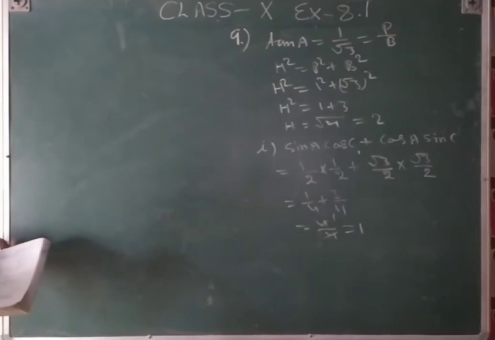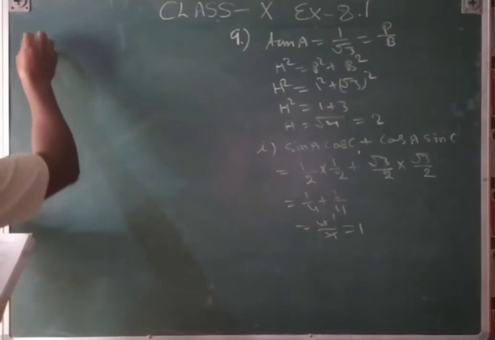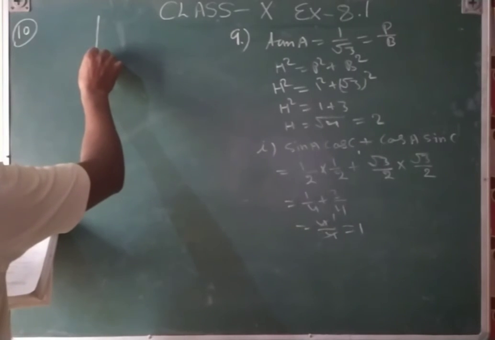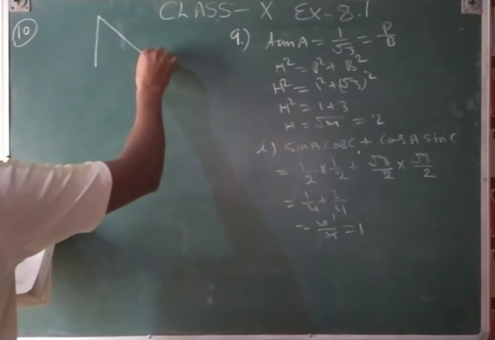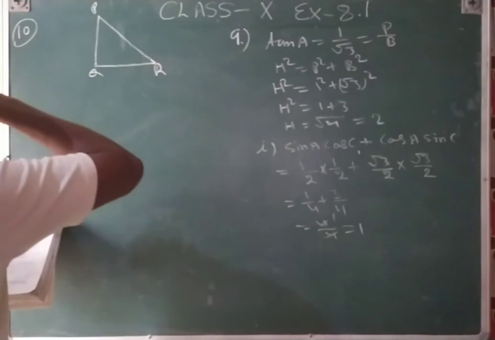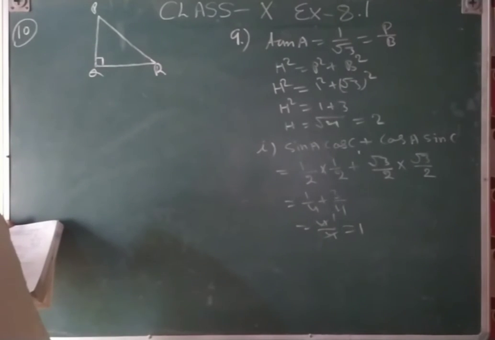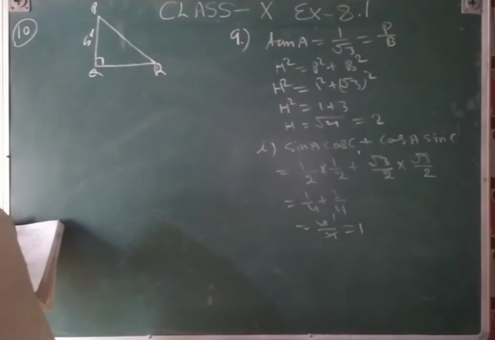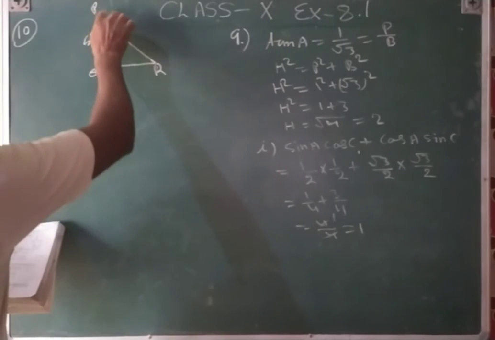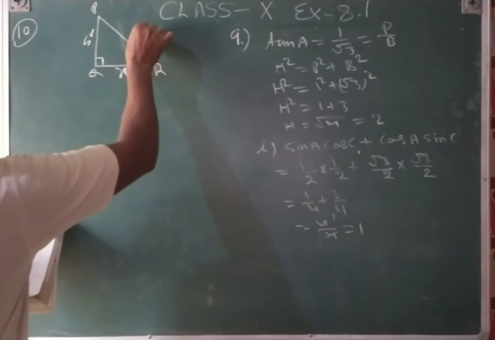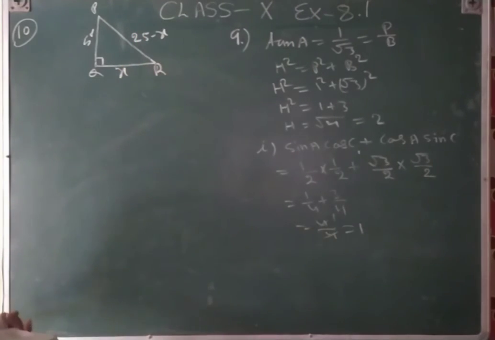First of all we draw the diagram, then 90 degree at Q. So PQR, and it's given there that it is 90 degree. It's given there, PQ is 5 centimeter, and then PR plus QR, PR plus QR is 25. So suppose this is X, so that will be 25 minus X, right?